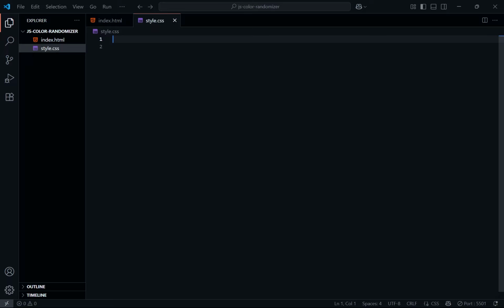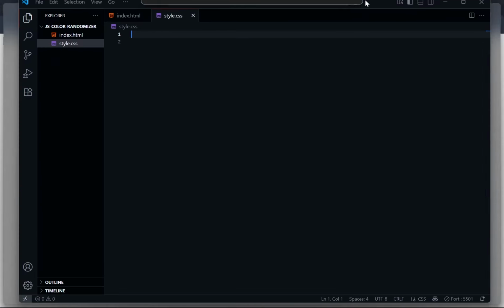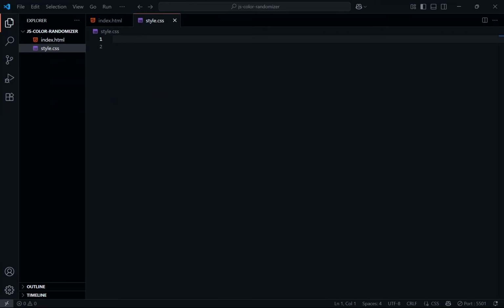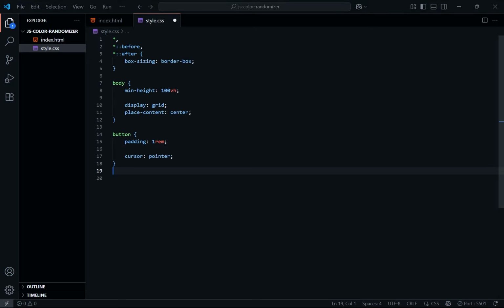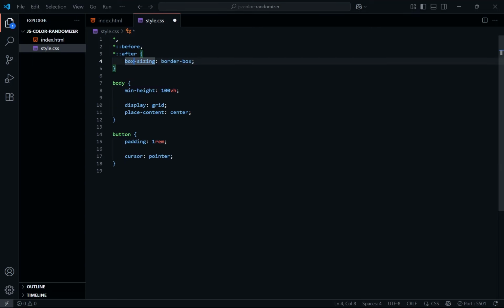Now if we go to the browser, nothing would be changed because the CSS file is currently empty. We need to apply some CSS to it in order to get our desired changes. Now if I just copy this and paste it here, this is the CSS we're going to be using. I'm just skipping over it because this series is not focused on CSS, but rather JavaScript. Now, one thing to know here